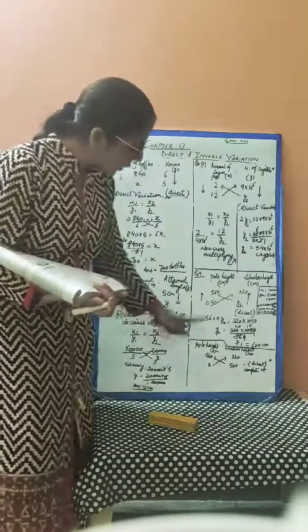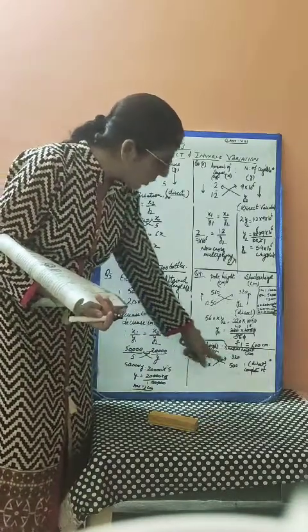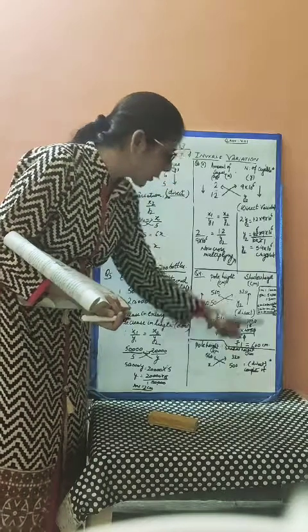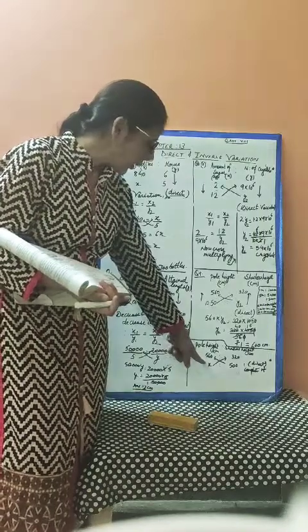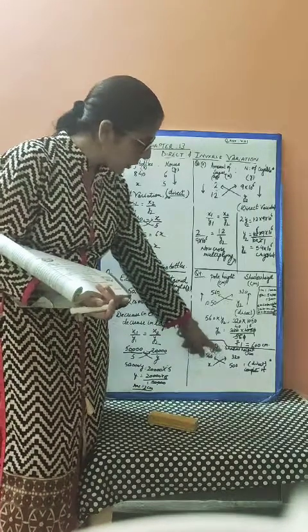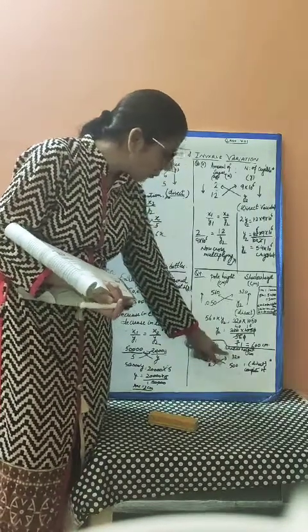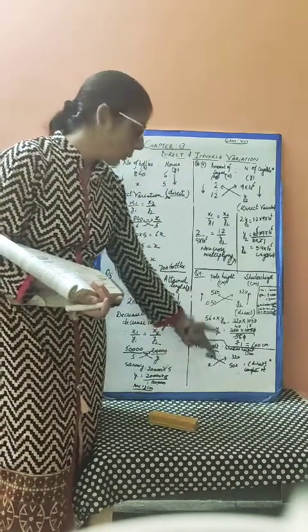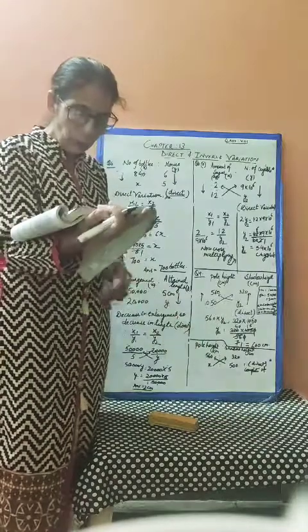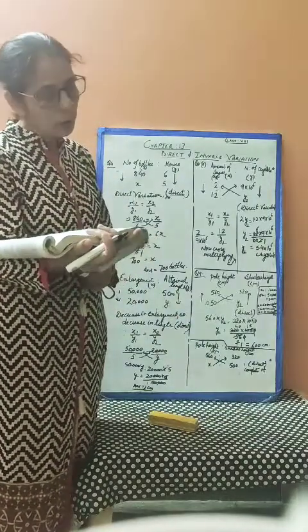In this question, if the shadow height is 500 centimeter, we have to find the height of the pole. I have taken it as x. Because the shadow height is more than the previous one, the pole height will also be more. So by direct variation you can complete it, and question number 10 also.